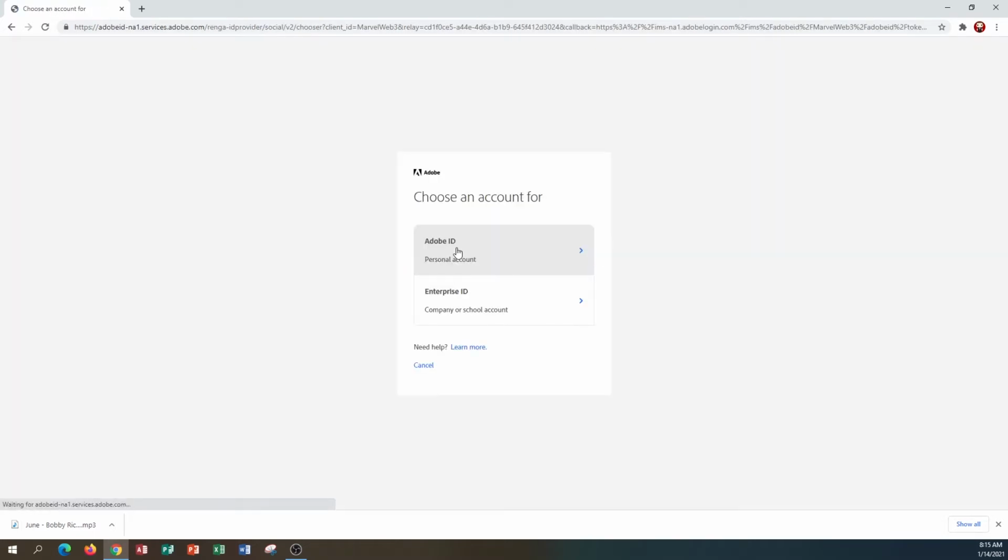and then it's going to bring me to a page like this. Choose an account for. All right, so once you get your email in there, you should come to this page. And we're going to choose which one, the Enterprise ID. We're going to choose Enterprise ID. That's the one we always choose when we are logging into Google. When you click that,